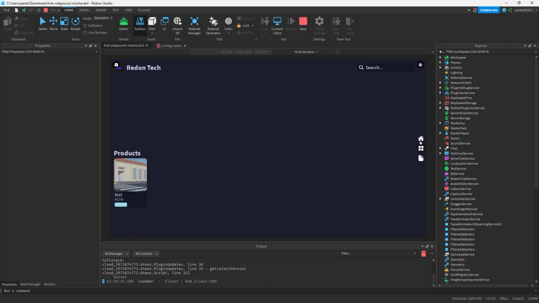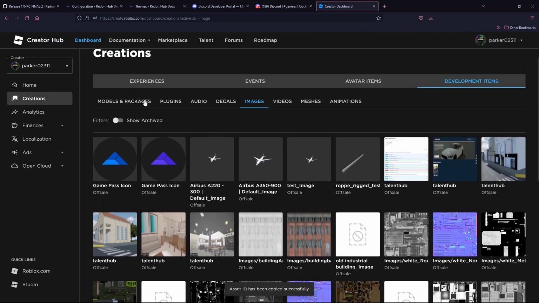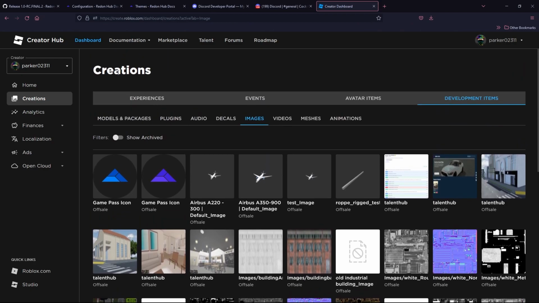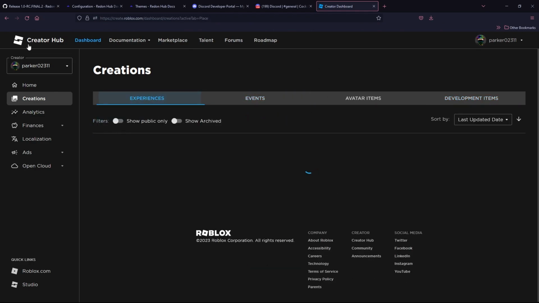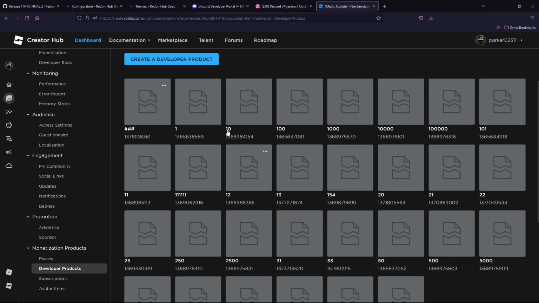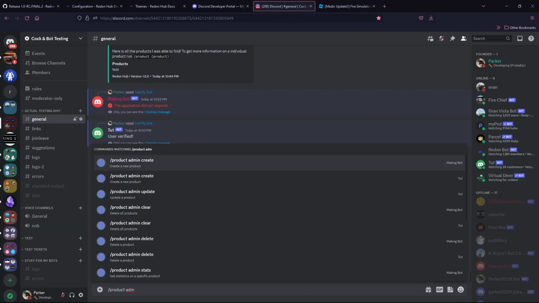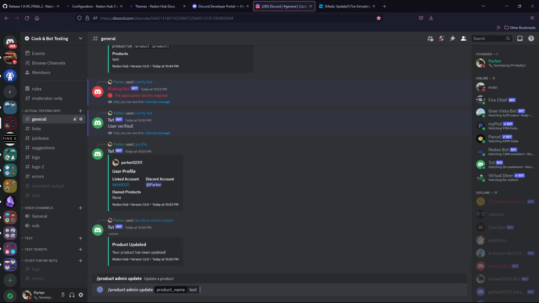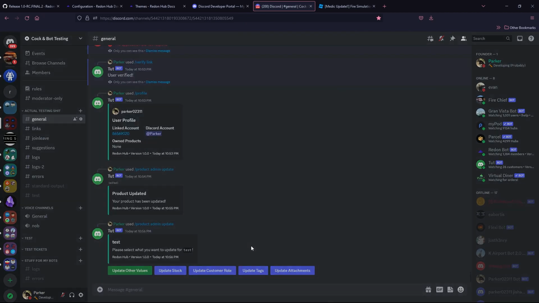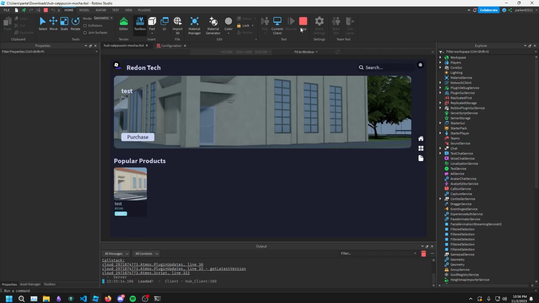Now here is something, if you're worried about setting the price manually, you don't actually have to worry about that. If you grab yourself an ID from a game, I'll just go grab one from a game I know has one. Grab yourself a developer product ID. It doesn't matter what price it is, it could be the one Robux one, which is this in this case. And if we go and update again, product admin update, and then we say test, update other values, and we set our product ID to that. If we close and reopen the game one more time,